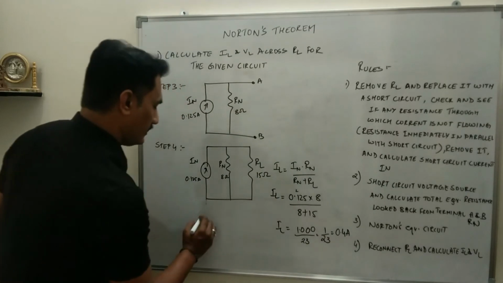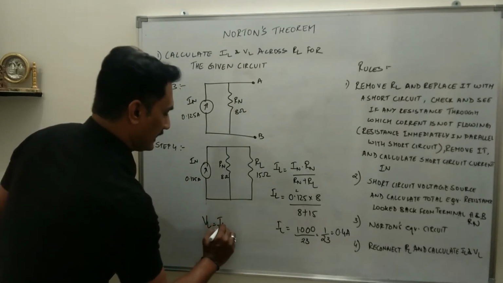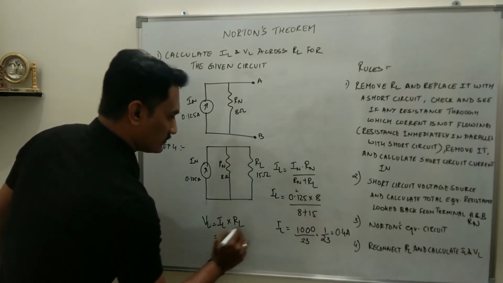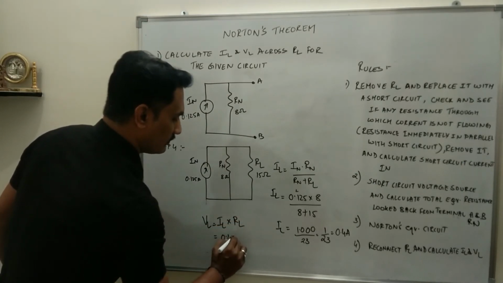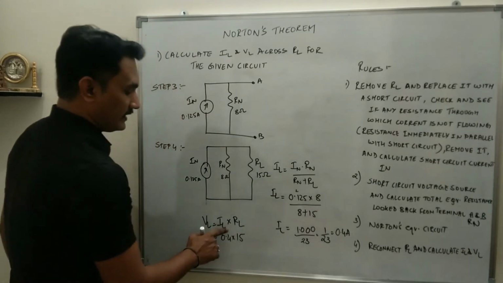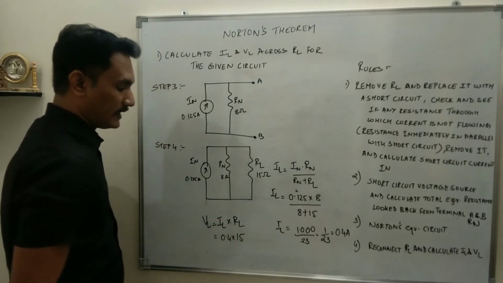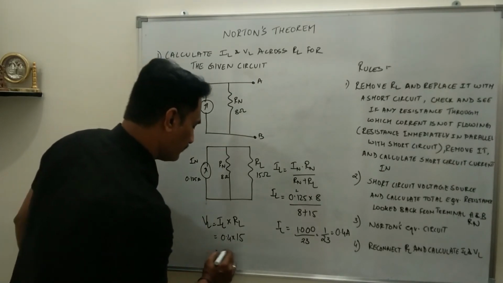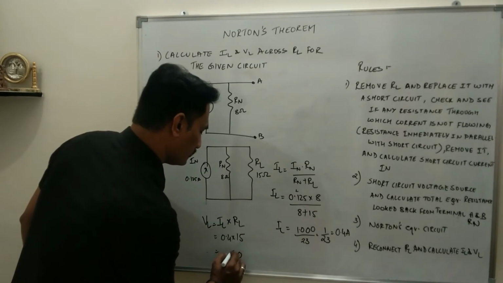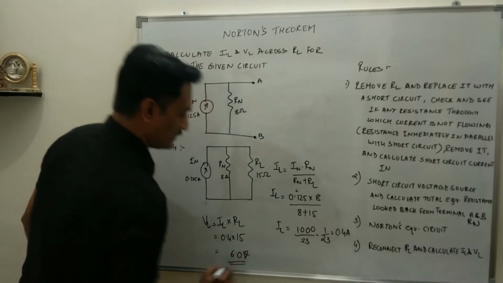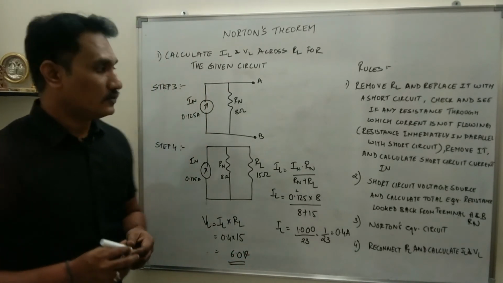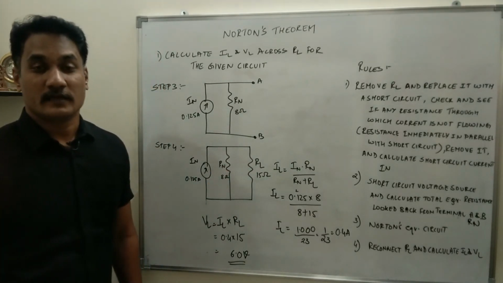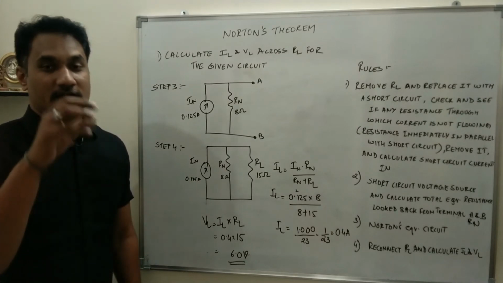0.4 ampere. And what is VL? VL is IL multiplied by RL. So it will be 0.4 multiplied by 15, right? VL is equal to IL multiplied by RL. So it will be 0.4 multiplied by 15. So this value will be 0.6 volt. So even if there are 10 different values of RL, by Norton's theorem, we can remove the RL